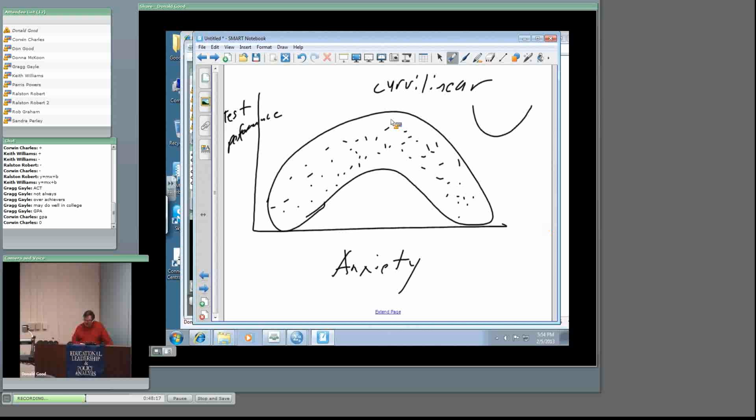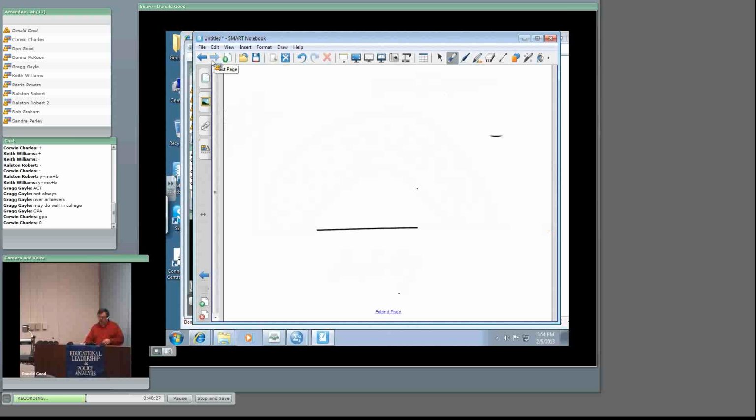Let's look at a couple of real-world examples. If we were going to do this by hand, there are a number of formulas to look at correlation. Here's one of them. The value of R is equal to